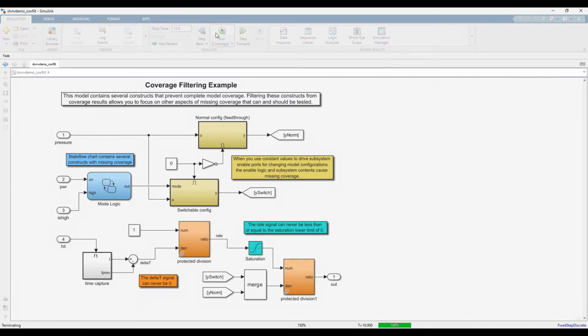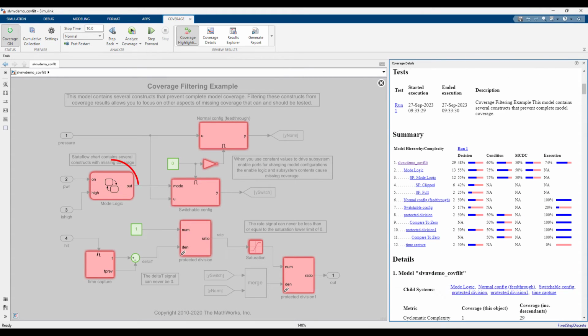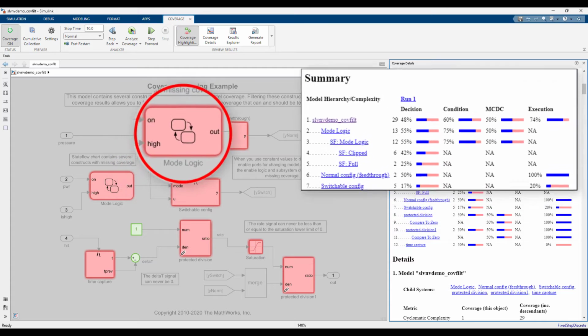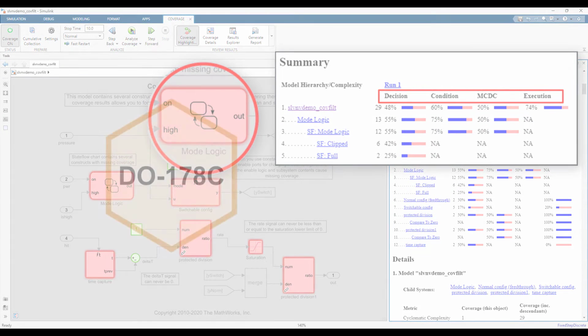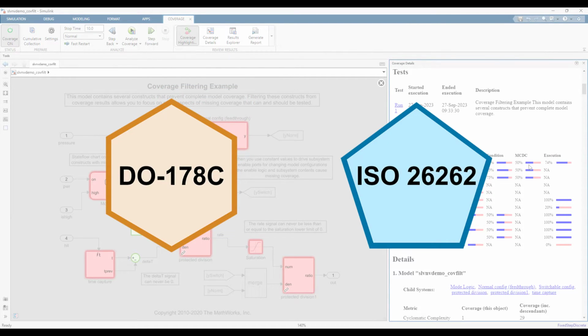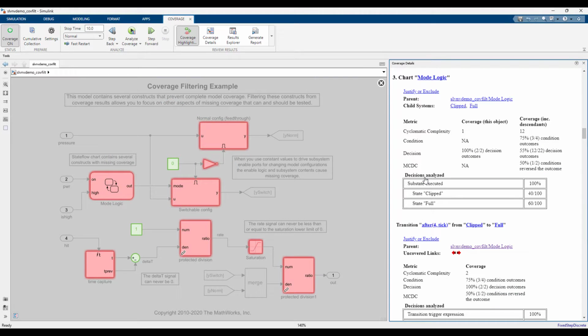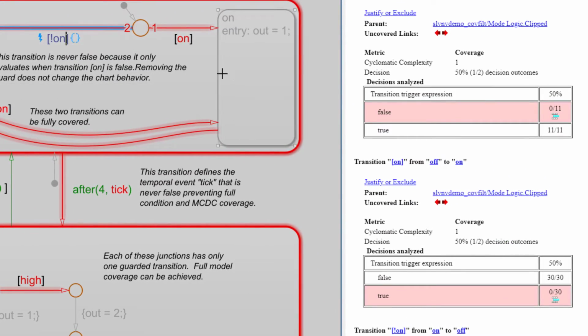Model coverage helps you understand how completely you have tested your Simulink models. Achieving full coverage in objectives such as Modified Condition Decision Coverage, or MCDC, is often required by industry standards, including DO-178 and ISO 26262, to show sufficient testing for safety-critical applications. However, circumstances in your design may prevent you from achieving the necessary coverage, for example, if your model contains unsatisfiable